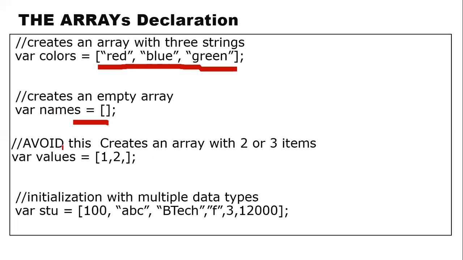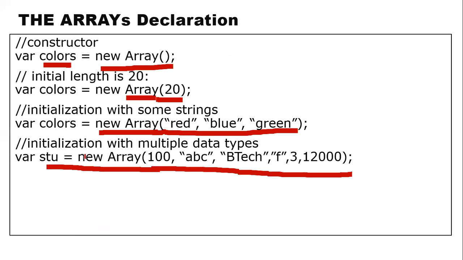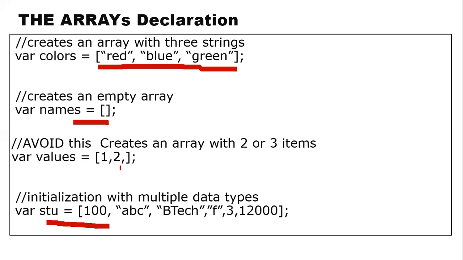Now here, you can also create the array like in the previous example, where we wrote Array of and then gave all the values. Instead of using the Array keyword, you can also do it without it. So simply, stu is equal to new Array of, as in the previous screen, either you can write like this, or you can use this method of declaration. It's all your wish.